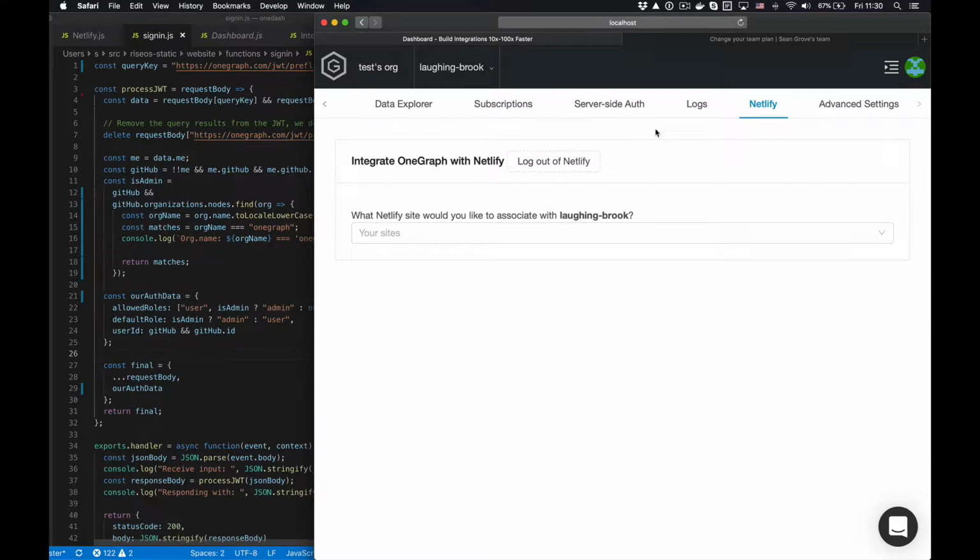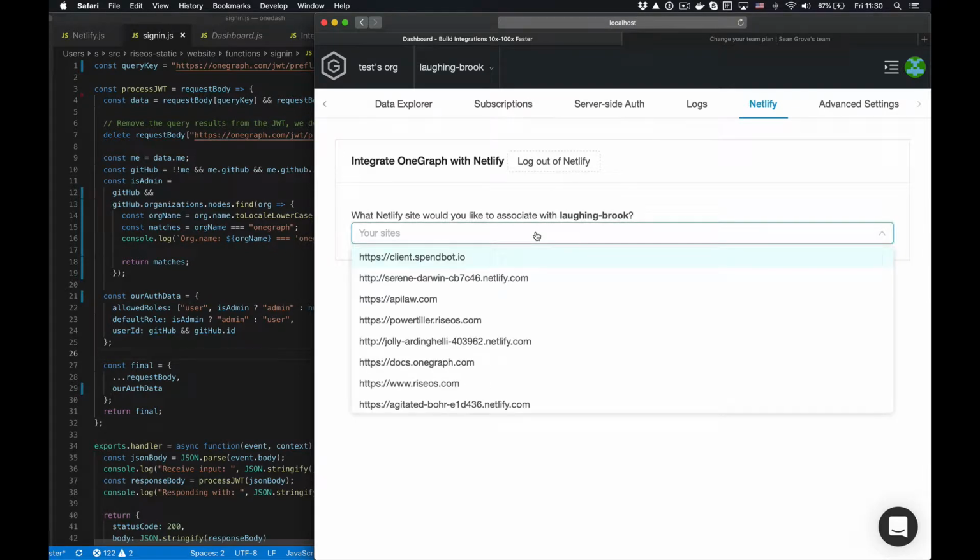We have two new integrations with Netlify that I'm really excited about. The first is about accessing data serverlessly via a Netlify site, and the other is around authentication and shared JWT secrets being set up very, very easily. So to show you what that looks like, I already have a OneGraph app here, and